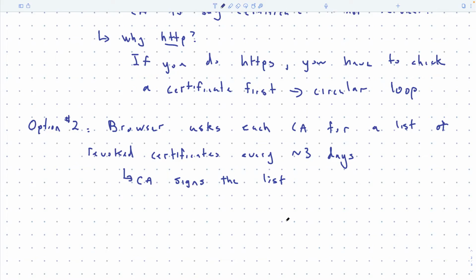If a CA certificate is revoked, you need the certificate that's higher up in the chain to do the revocation. Okay, so they're going to issue the list. Now you might say, well, what if a root certificate is compromised and you need to revoke it? Then you're out of luck, right? There's no one higher than a root certificate to do that revocation.